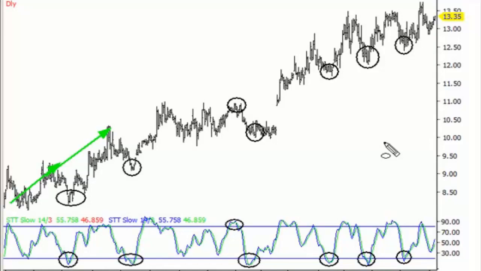I think if you're just starting out, you want to use some simple tools like this, but using them with a bit of powerful meaning. What I strongly suggest you do is look at it that way. Okay, if we have a nice uptrend, then if the stochastic starts to get into the oversold section, then they are pretty good turning points. Now, again, you don't want to just trade off that, okay? You want to have your other analysis such as volume and support resistance and all that sort of stuff going for you, okay? But just by viewing the stochastics, or the C-stats as some people call it, this way,